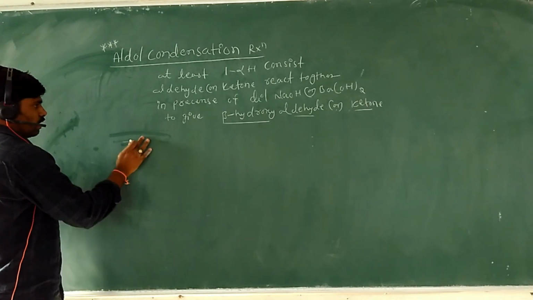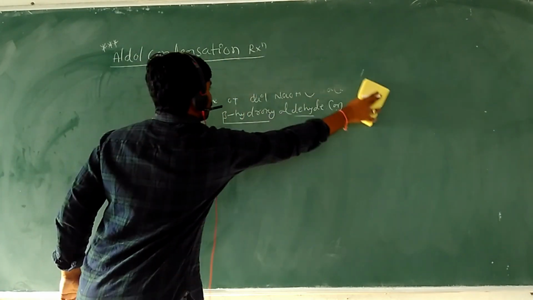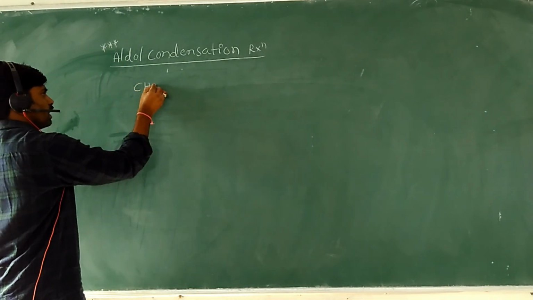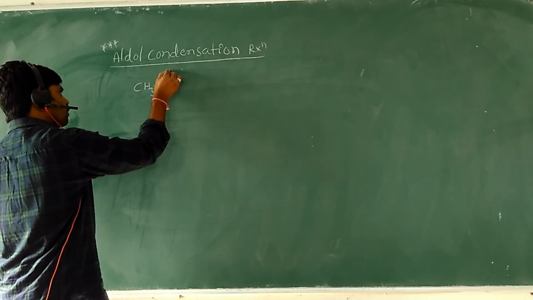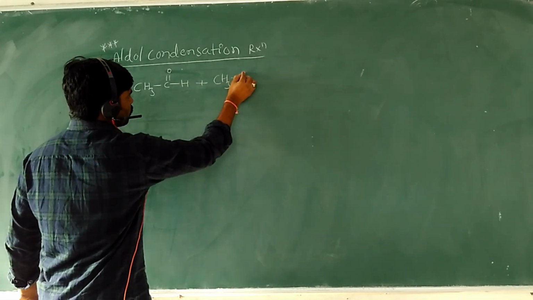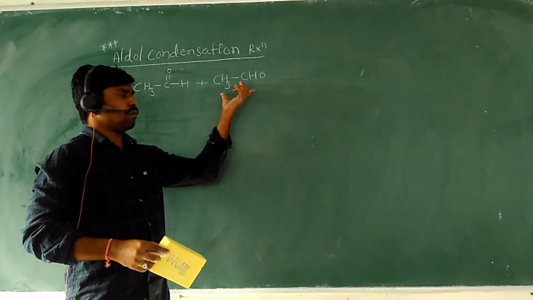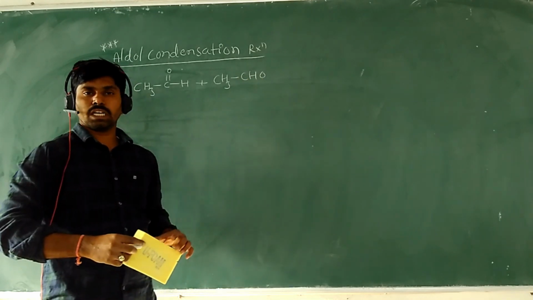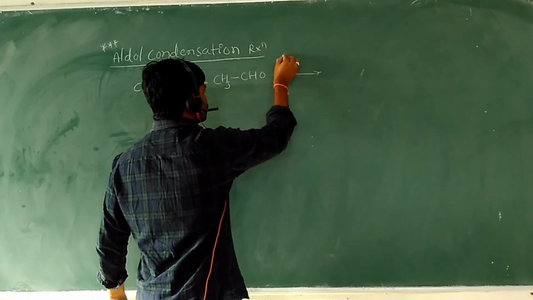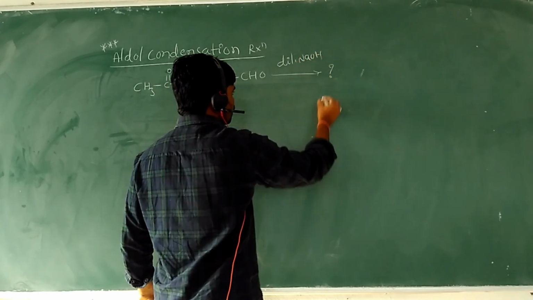First of all, look here. Right now, write down this one. Written? Okay. Now see here, I am taking the aldehyde. This is CH3 C double bond O H, the aldehyde, acetaldehyde. This one is also acetaldehyde, but here I have written oxygen and hydrogen separately, and here it is all together as CH3CHO. Okay, clear? Now these aldehydes react together in the presence of dilute NaOH.